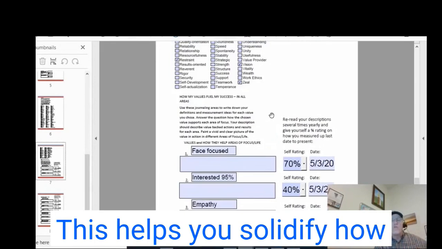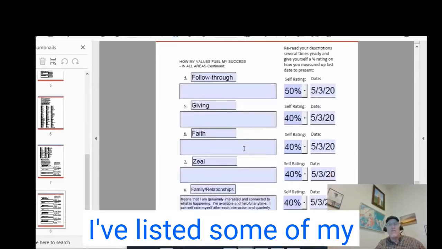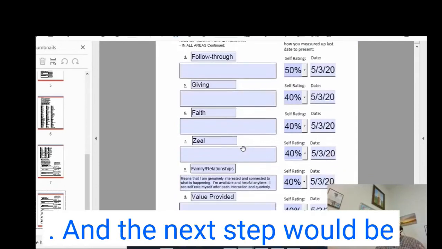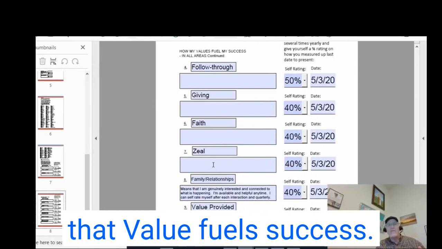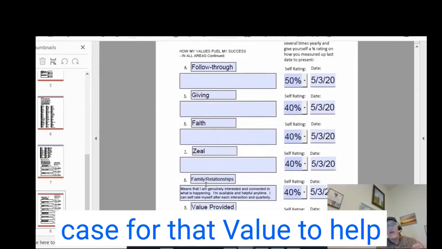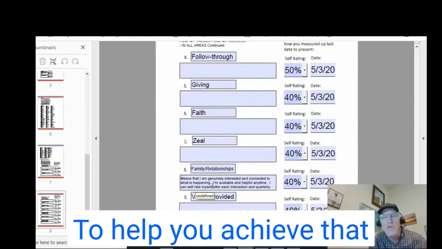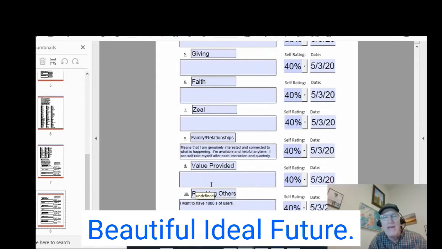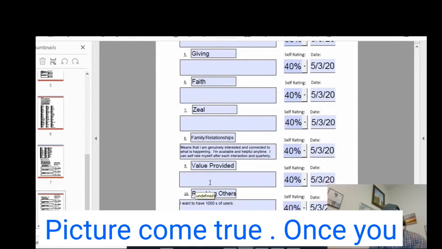This helps you solidify how important that value is. If I've listed some of my values, the next step would be to list underneath them how that value fuels success. In other words, make a case for that value to help you be more successful, to help you achieve that beautiful, ideal future, make that beautiful, ideal picture come true.